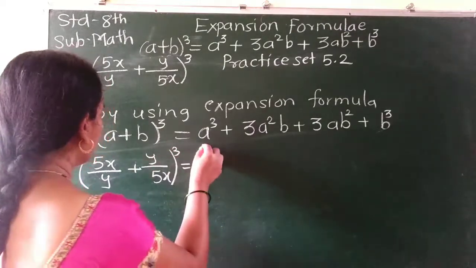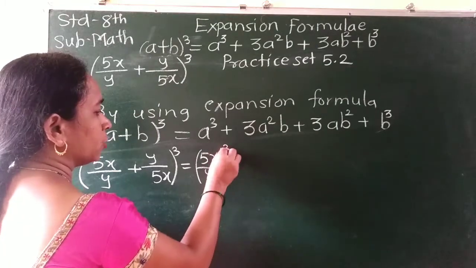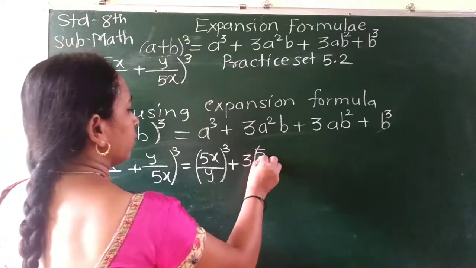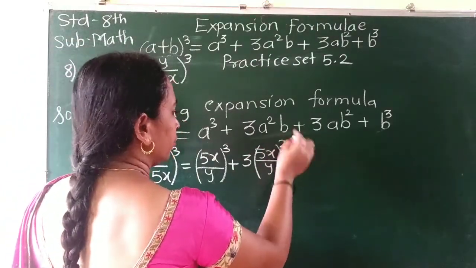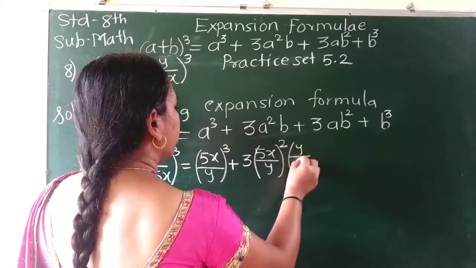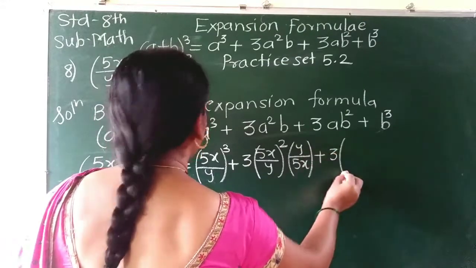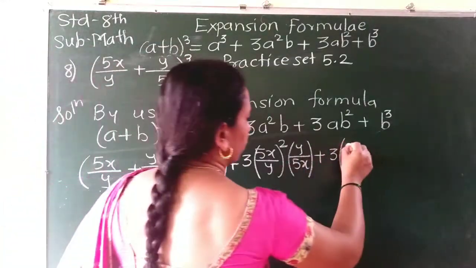Bracket cube. So here I'll write (5x/y) bracket cube, a's value. 3 into a's value 5x/y and its square, b's value is y/5x, plus 3 into a's value 5x/y,